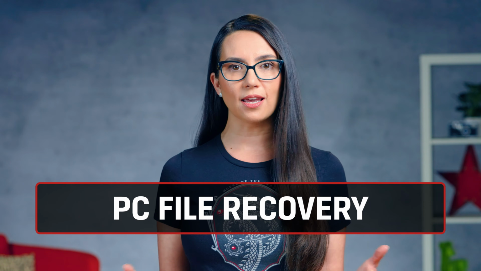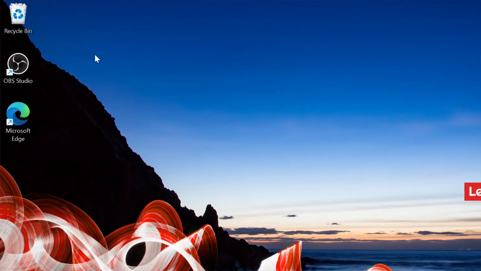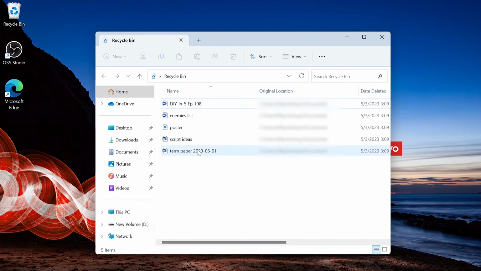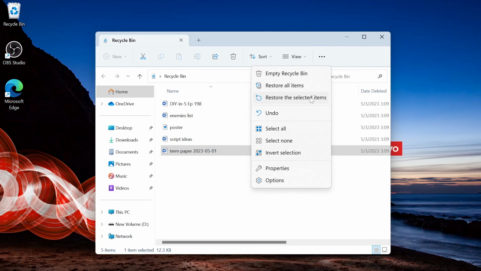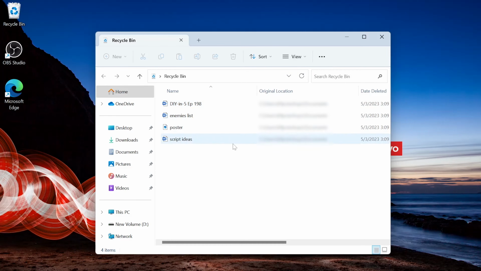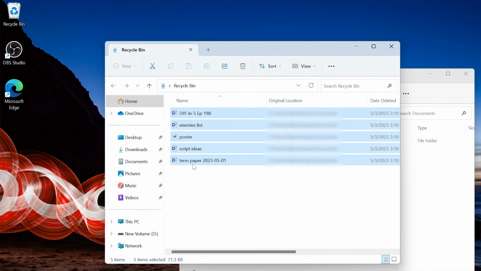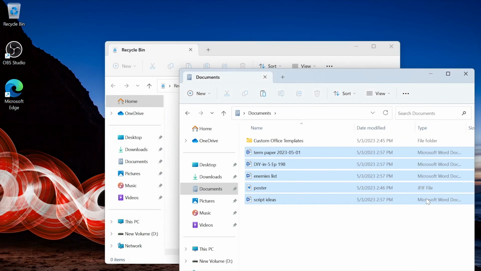Let's start with recovering files on our PCs. The first place to check on a Windows PC is the recycle bin. It is the standard place for deleted files to go. If you locate your missing file, highlight it and simply click Restore. If you have multiple files, you can highlight multiple and click Restore or simply drag and drop them to your destination folder of choice. Now, the recycle bin is a great buffer between you and file loss and has saved my arse more times than I'd like to admit.